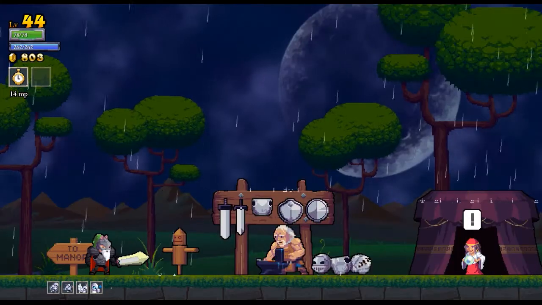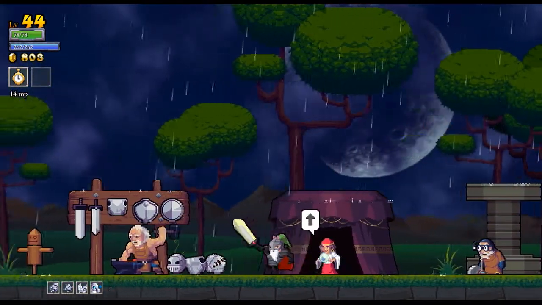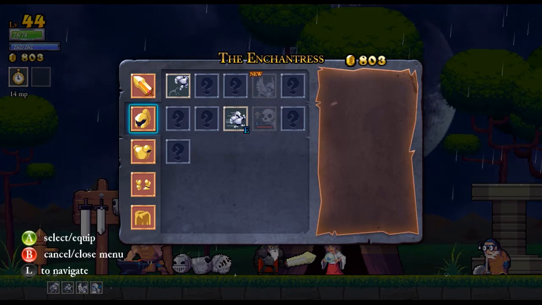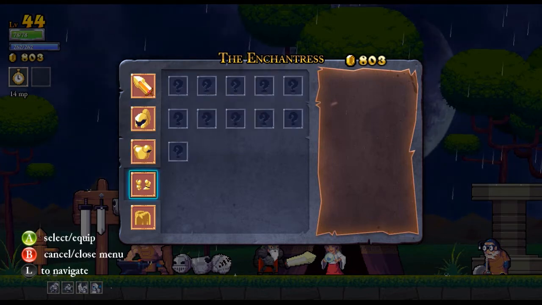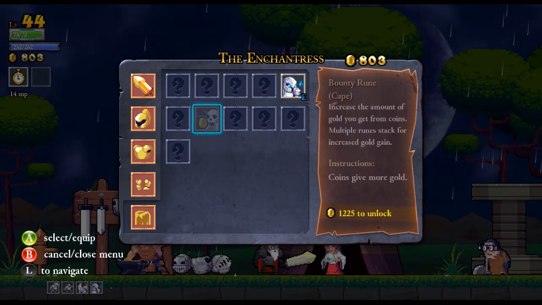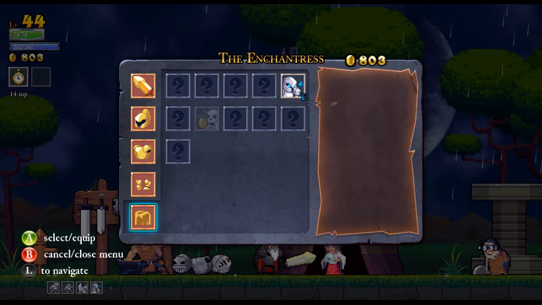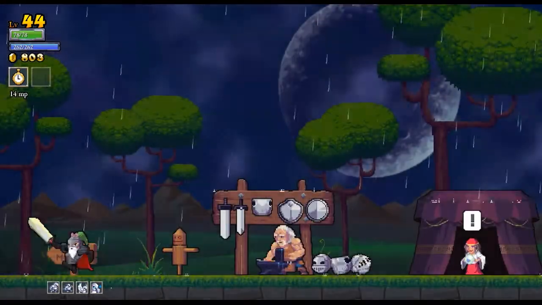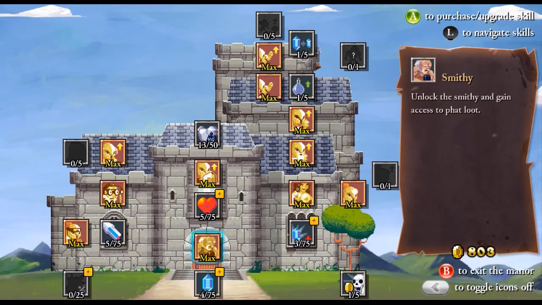And I got another rune, which I believe was not great, but let's quickly go and take a look. I believe it was a bounty rune on the cape. Yes, so I could get more gold. And I'm an Archmage already, and so I don't really need the Siphon, except this probably costs too much to unlock. Yeah, I can't unlock it anyway, but it would give me more gold. And so that could be good for characters who don't need a lot of mana. But instead, we will spend our gold on...